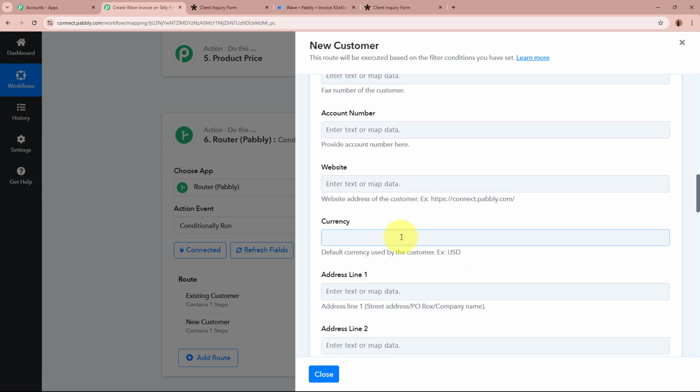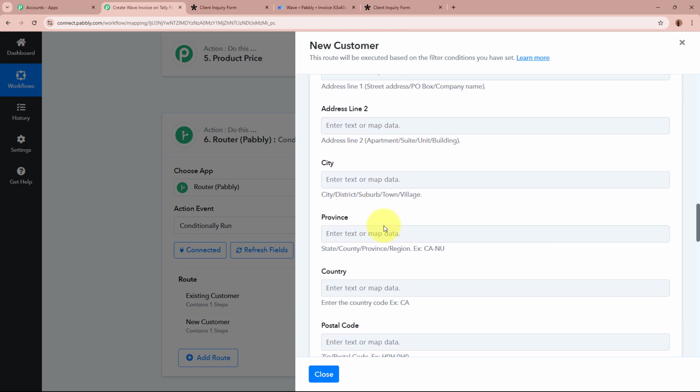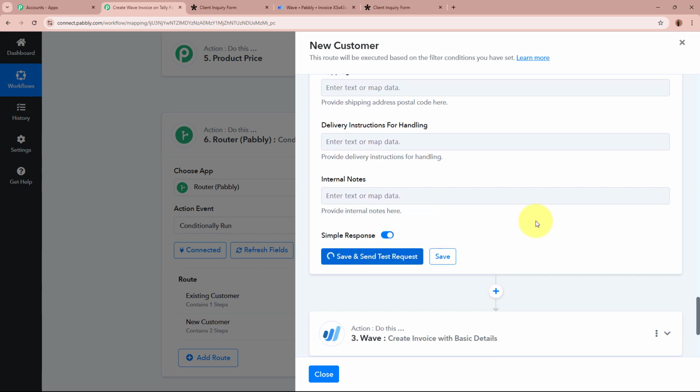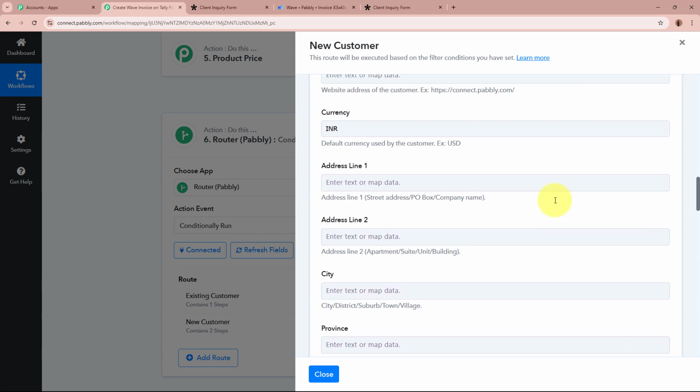It is asking for all these details which I do not require, so I'm going to skip the part. Currency, I'm going to write it as INR. I don't require all these fields, so I'm going to skip the part right here. And then simply I'm going to click on the Save and Send Test Request button. As I'm going to do that, we have received the customer ID. Now using this ID, we are going to create the invoice for this customer that we have created just now